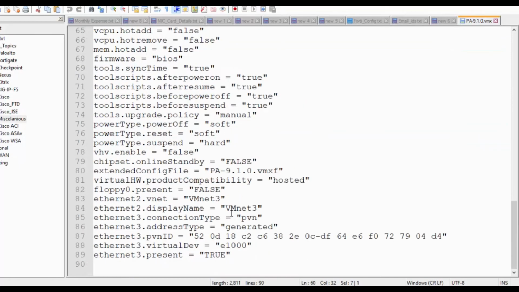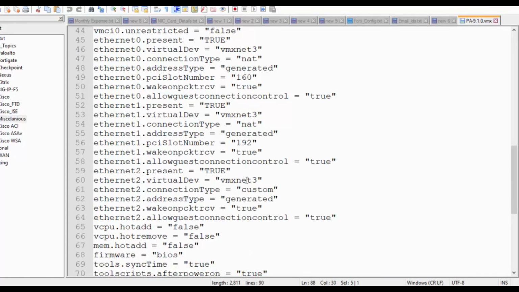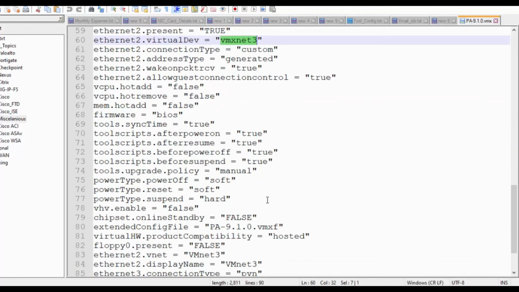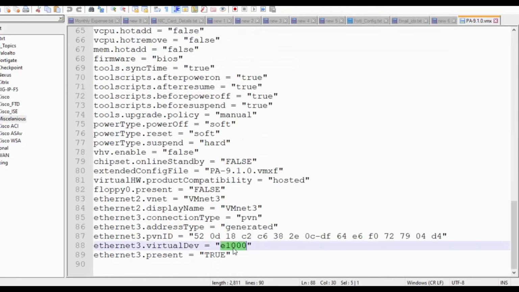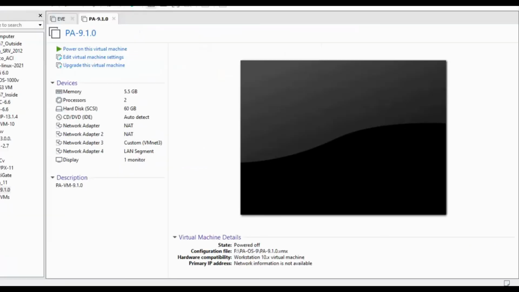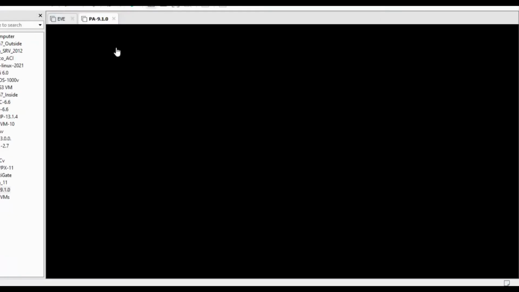In this, for VMnet 3 we have only E1000, so we need to change this E1000 to VMXNET 3. Just copy and paste this one and select. Save the changes, close this, and power on the machine.